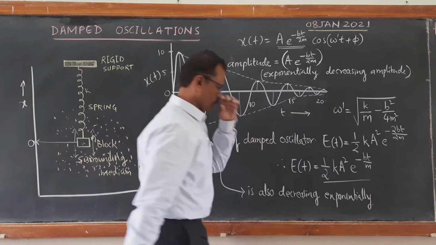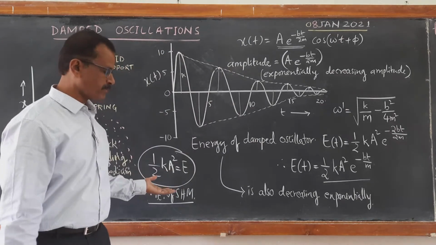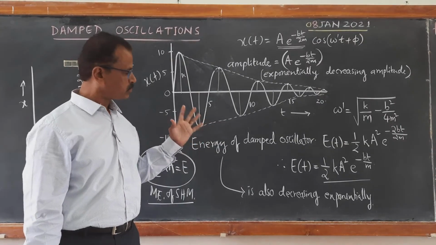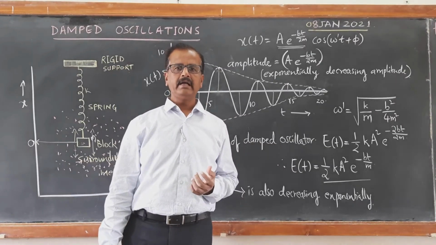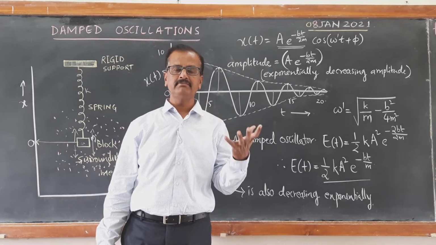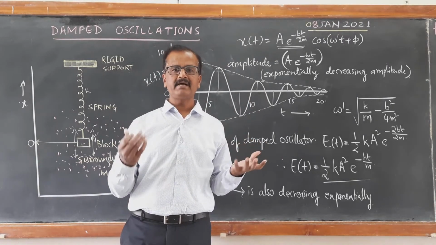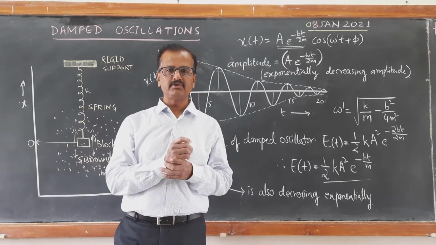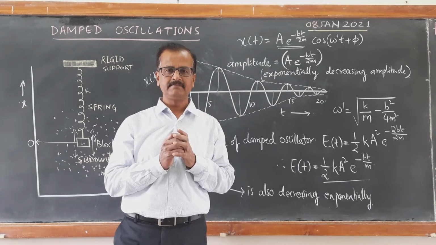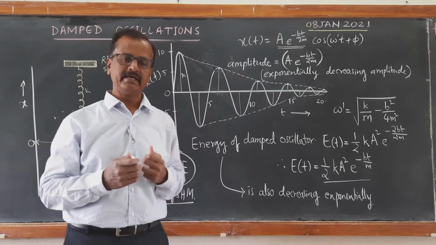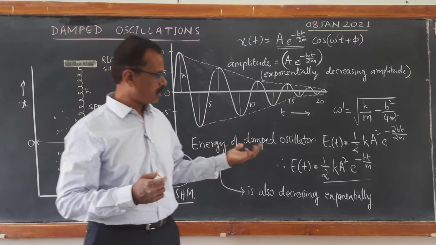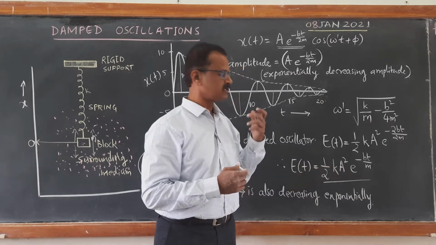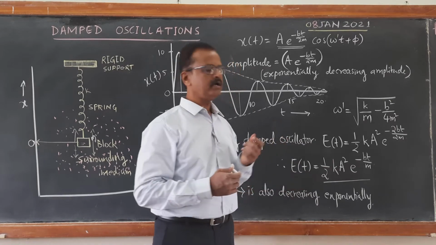So what is happening? The energy of a simple harmonic oscillator never decreases because it is always constant. But because of the damping effect, because of air resistance, viscous drag, and frictional forces, which we call dissipative forces, the energy is lost against these dissipative forces in the form of dissipative energy. Dissipation of energy takes place in the form of heat, right? And in what way it is lost is understood with the help of this equation. This is the equation for energy of an oscillator.